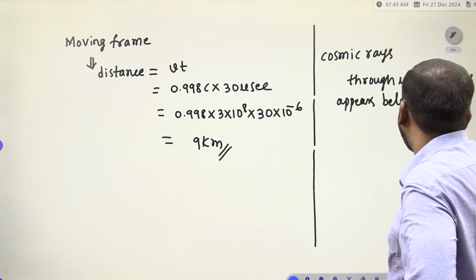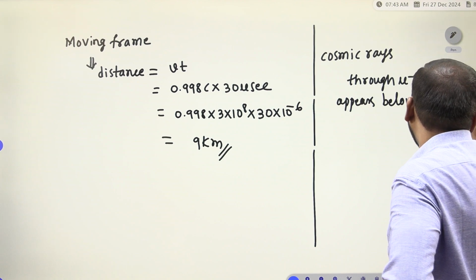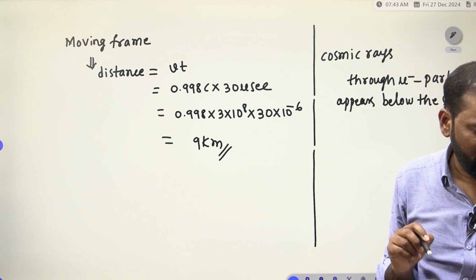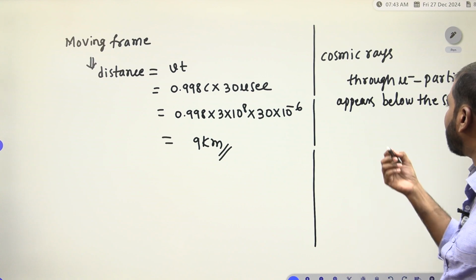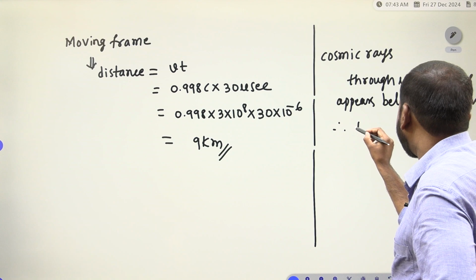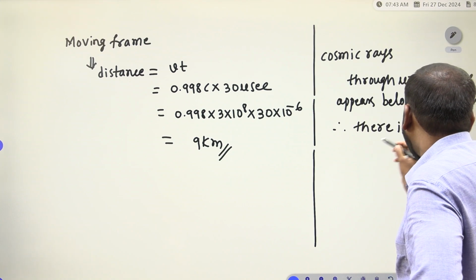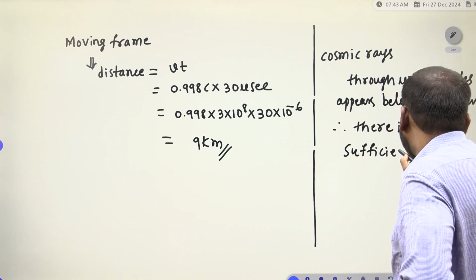below the sea level, because up to the sea level only 6 kilometers are there, below the sea level. So there is sufficient possibility. So therefore, what do we have to write? There is a sufficient possibility